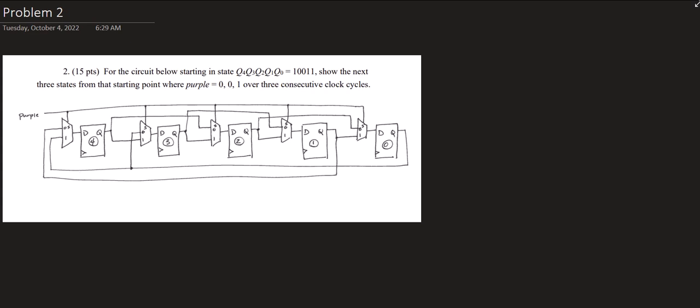says for the circuit starting in state Q4, Q3, Q2, Q1, Q0 equals 1, 0, 0, 1, 1, show the next three states from that starting point where purple equals 0, 0, 1 over 3 consecutive clock cycles. So what you do is you make yourself a little chart, Q4, Q3, Q2, Q1, Q0,